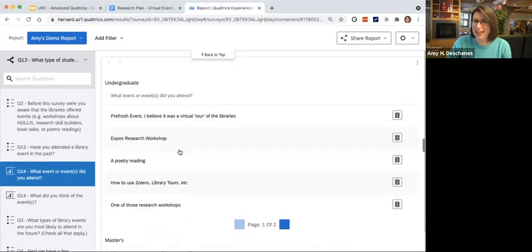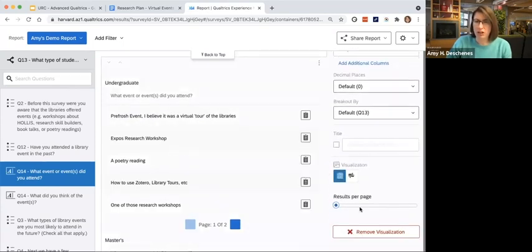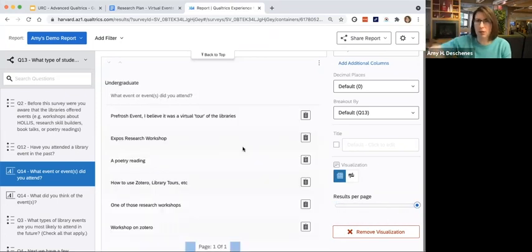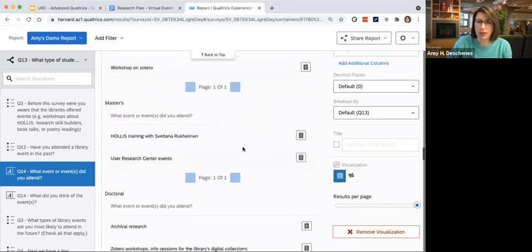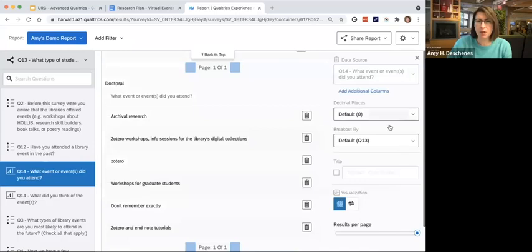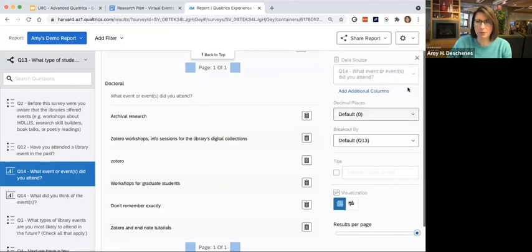So in terms of presenting this data, you have the option to change the number of results per page. What that means is it's going to paginate at a certain point. So if you wanted to show more, you can show up to 100. Of course, that's going to give you a big long table. But if you think that's preferable, that's totally fine. So that's one of the options for that. Same kind of thing with adding a title and what you can do there.